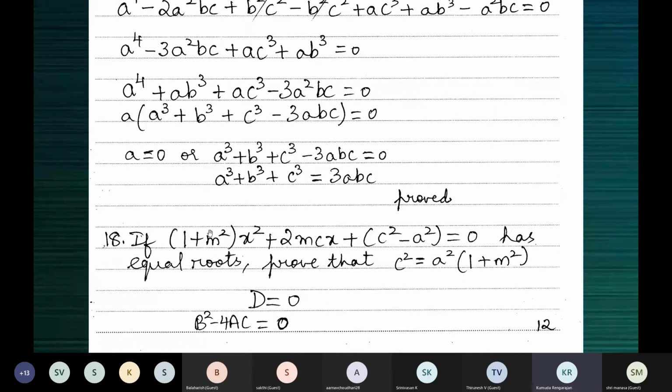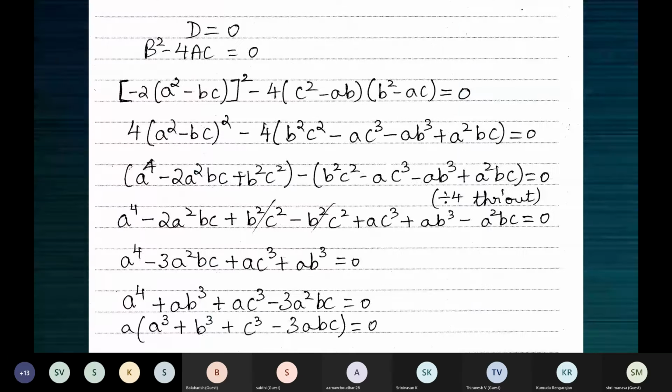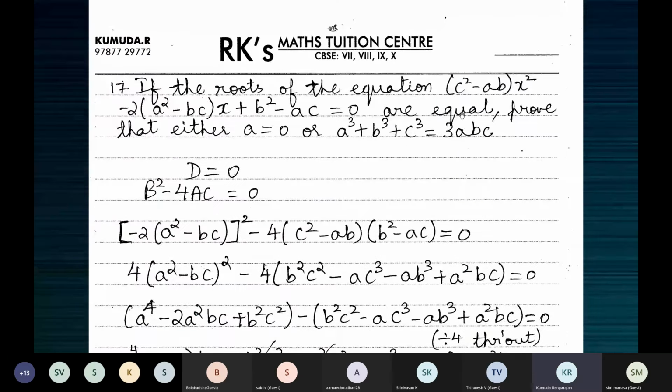So this again, similar question. If this quadratic equation has equal roots, we've been seeing the same thing. We just have different equations, so different results we have to prove. The earlier question was also similar, because the quadratic equation was different, we had to prove a different result. The condition given was the same. See here, if this equation has equal roots. See the earlier question, same thing. If this equation has equal roots, then prove something.